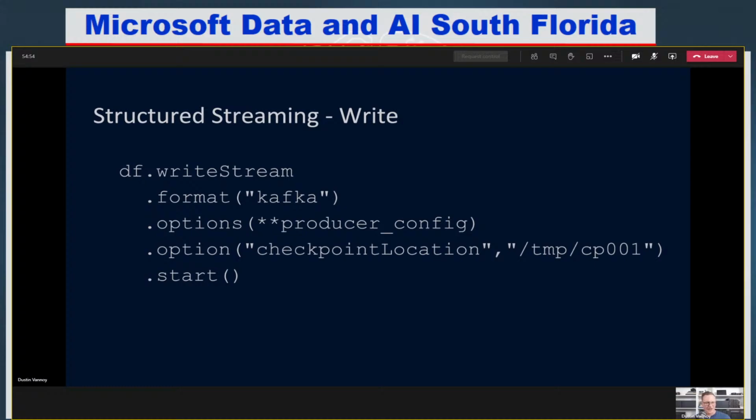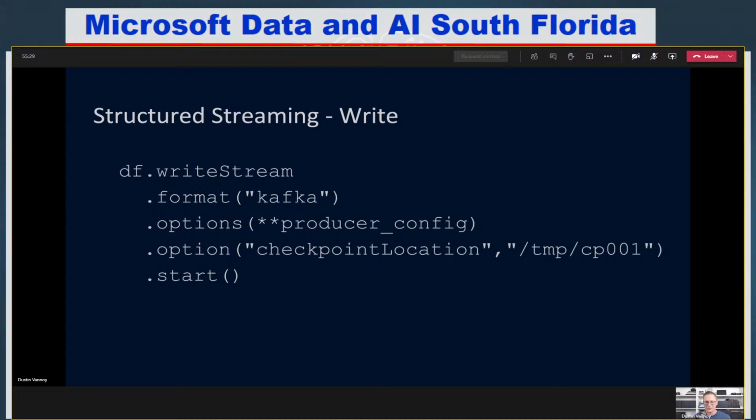Typically, you're doing quite a bit of stuff between that read and this write, but let's focus on the start and the end, and I'll show you a few more code snippets to make sure we're getting a feel for Apache Spark streaming. So on the data frame, we can call writeStream to write this data back out. One way that I'll commonly do this in data pipelines is I'll actually have some steps to the job that are reading the data in from the source application that has sent it to Apache Kafka or to Azure Event Hubs. I do some reading and processing, and then I write it back out to Apache Kafka or Azure Event Hubs for multiple consumers to deal with it.